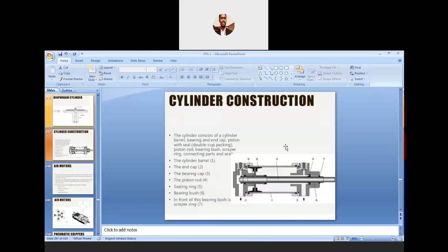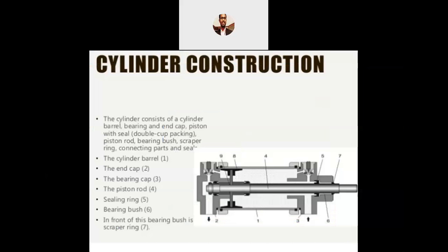Basically, a typical cylinder will consist of these parts. One is the piston, which is a major one, and the other is the piston rod, which is also a major one. Due to these pneumatic systems, where fluid is used as the working medium, this cylinder concentrates majorly on washers and so on. So this consists of an end cap, bearings, the barrel, piston, the seals, and the piston rod, bearings, bushes, and